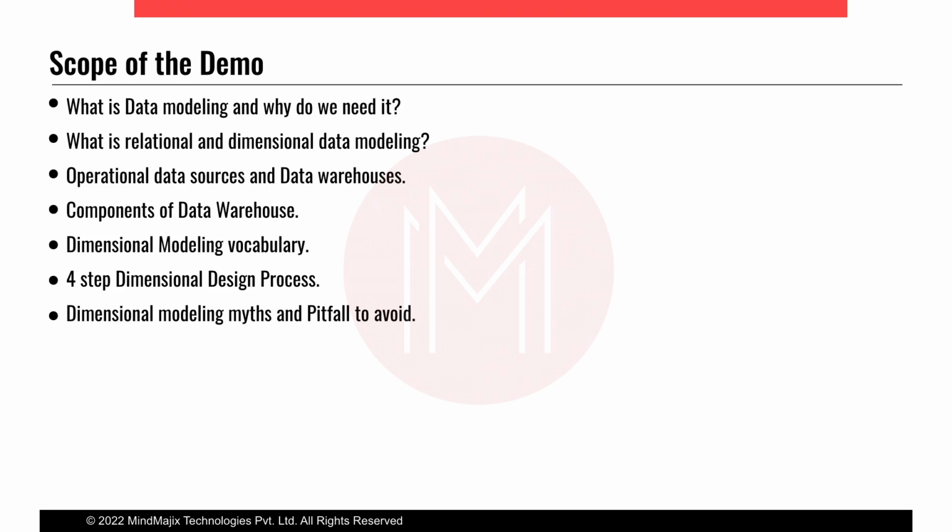Dimensions. Any source or any kind of data has two things in nature. One is attributes, which have alphabets or words in them. And the second one is numeric values, which can be additive, or which can be measured, or which can be used in some calculations and serve a definite business meaning. We call them measures. So dimensions are actually the master data of any organization or any business process.